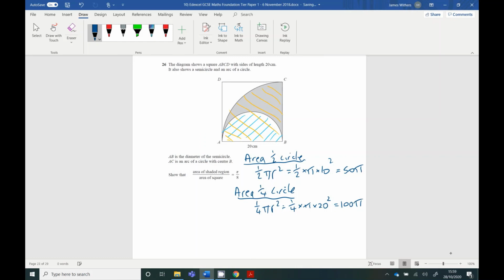Now the shaded area in the question is going to be the area of the quarter circle, number 1, take away the area of the semicircle, number 2. So the shaded area is 1 minus 2, which is 100 pi, take away 50 pi, which is 50 pi. So I've worked out the area of the shaded region to be 50 pi. So my shaded region